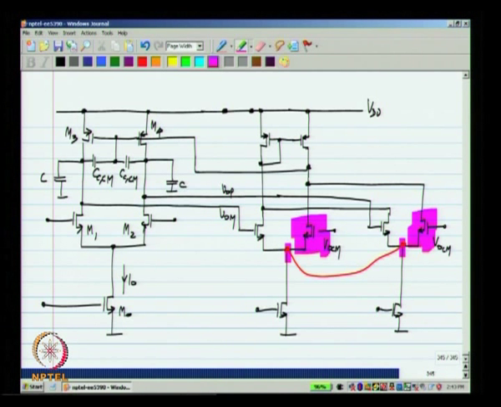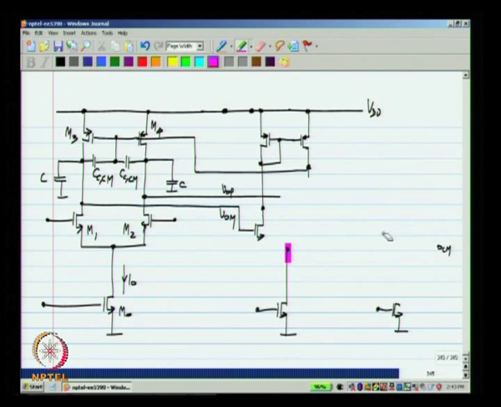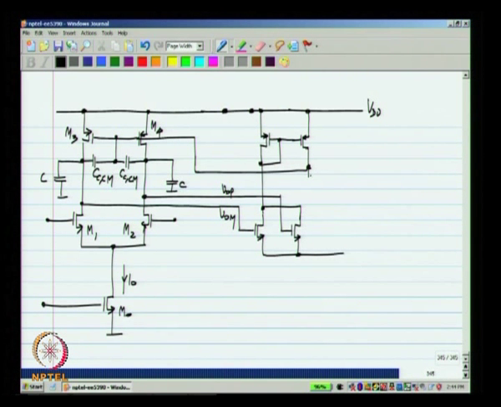So, I will redraw this differently. I will show these two transistors like this, okay, and they are added together, and this transistor, which is of twice the width. So, if this is WC1 and WC1, this will be 2 WC1, okay,